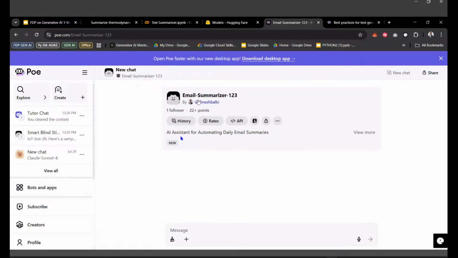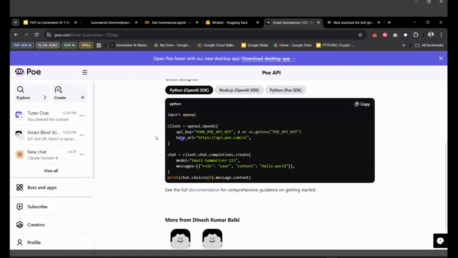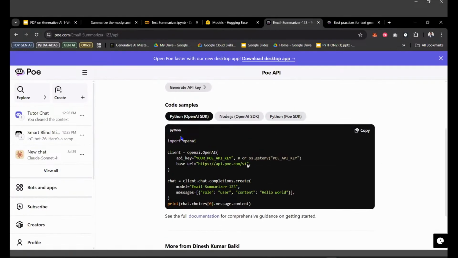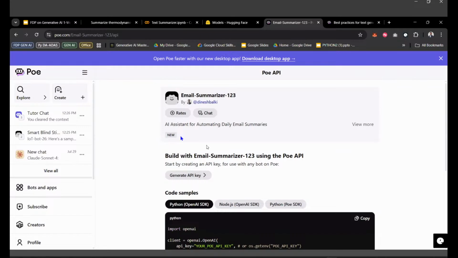So with the name email summarizer 123, I've just given a random name. Now my part is ready, and I can ask anything. But before that, I have to connect my API key and everything before connecting with my email. What I've built is an email summarizer. It goes to my email and checks each and every day at 4:45 p.m. and gives me a good summarized output. And yes, that is ready.